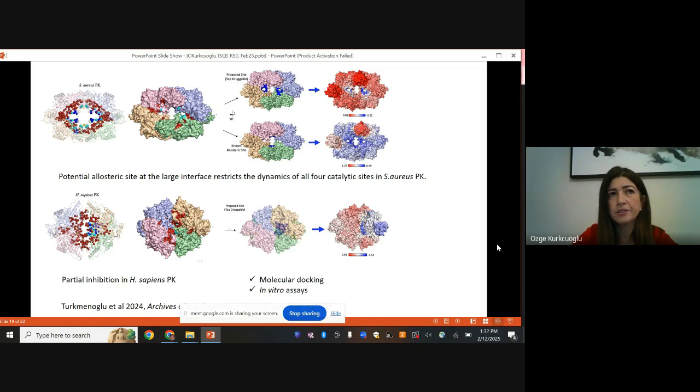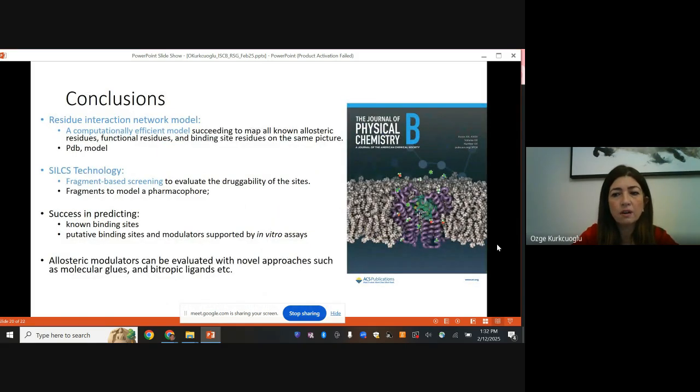And in another study with, again, Merve, Demet Aktan, and Jet Sesal from Marmara University, we predicted 7 allosteric modulators, and they were tested with in vitro assays. And now we are just preparing these for publication. So hopefully